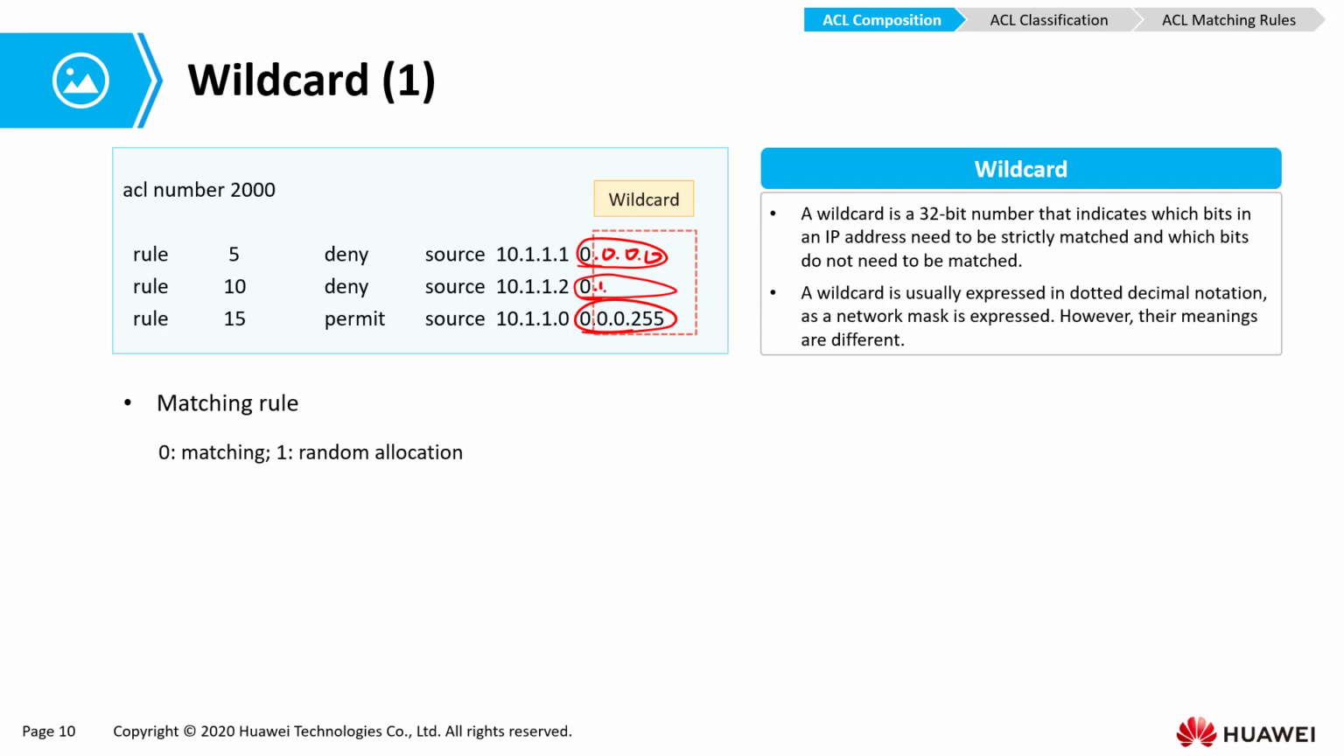So that is 0.0.0.0, that's 0.0.0.0. But what exactly does it mean? Well, a wildcard, as you can see, is also expressed in dotted decimal notation, just like a subnet mask or an IP address. After the value is converted to binary, in this example,